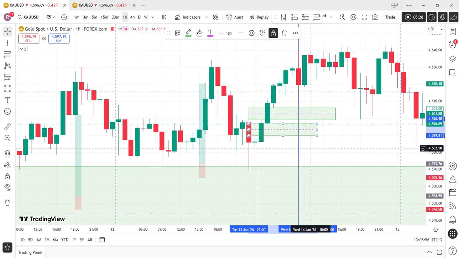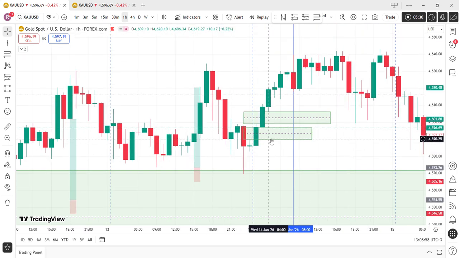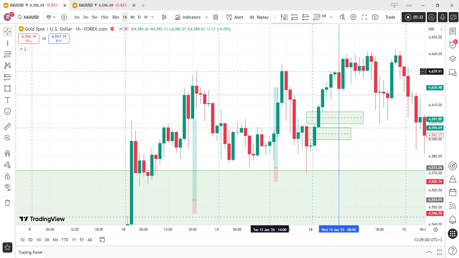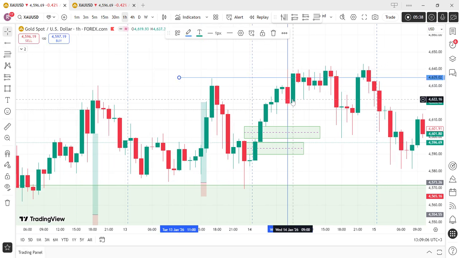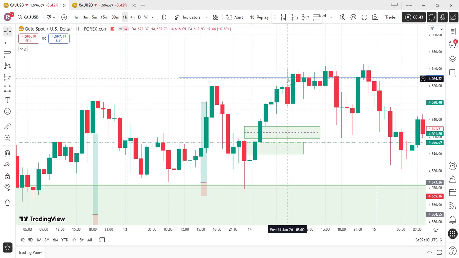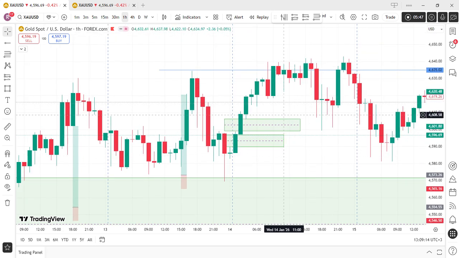Okay? Now the question is, if the Asian session was going higher, what was it looking for up here? It was looking for the liquidity of the previous day, that is for Tuesday, this high, see right here, which as you can see was purged.